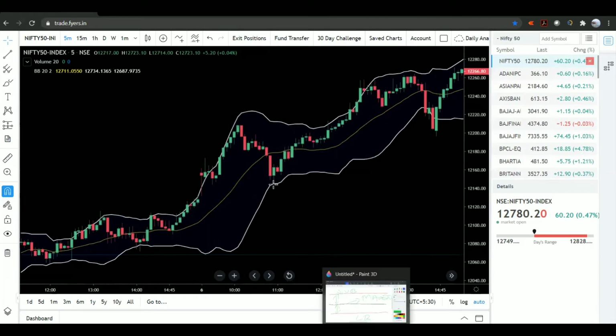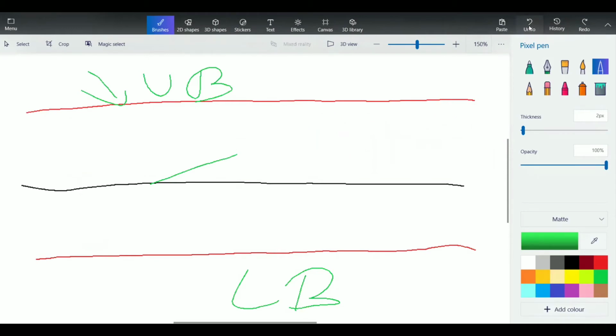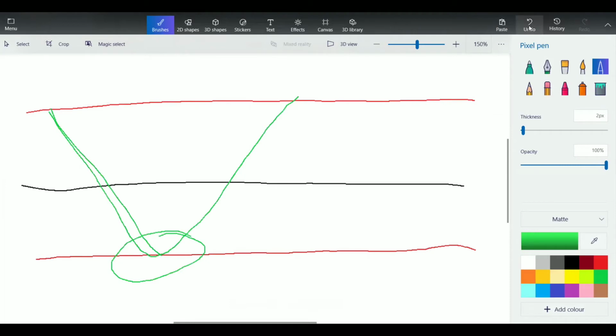Okay, now how can we trade based on this? This is why everyone is here. How should we trade? How should we earn money out of it? One thing you have to know: anyone who says that this is a price band, a price range, so if it comes here, it has to go back again here. True, but don't buy or sell here. For example, from here it is coming, you say, okay, I'll buy, it will go up, and from here I'll sell, it will go down.